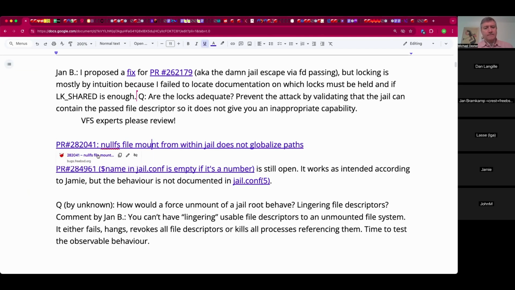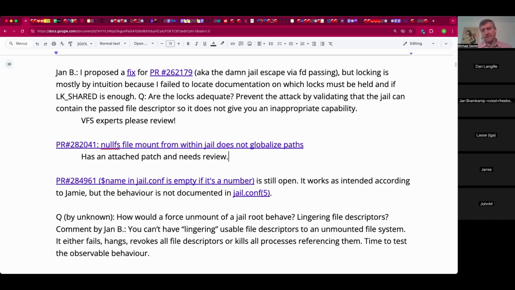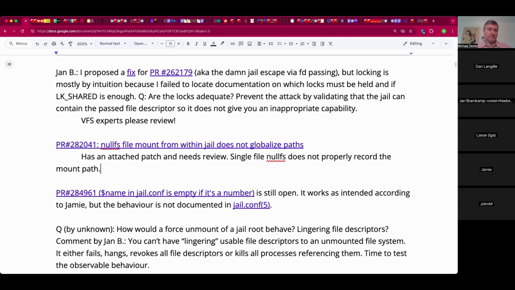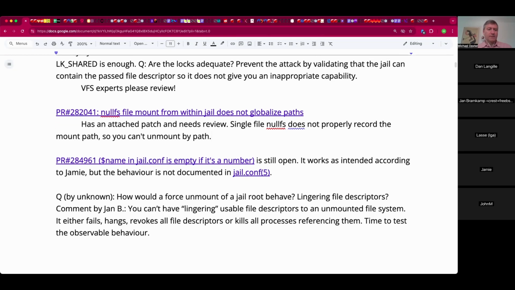That one already has an attached patch and just needs someone reviewing the patch. Okay. The problem is that single file nullfs does not properly record the mount path as in the rewritten form, but the nullfs view of it, which means you cannot really unmount by path. Moving on, anything related to